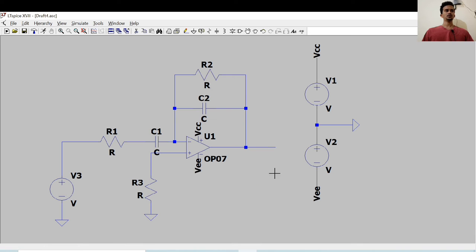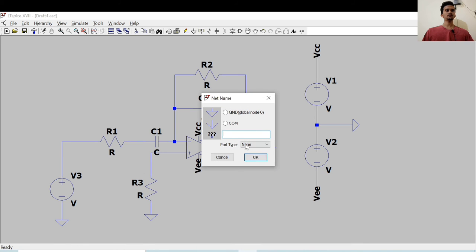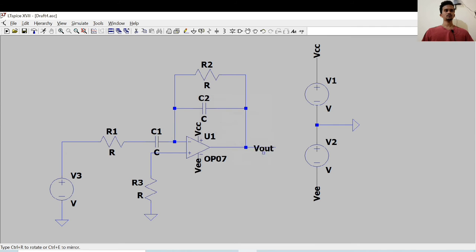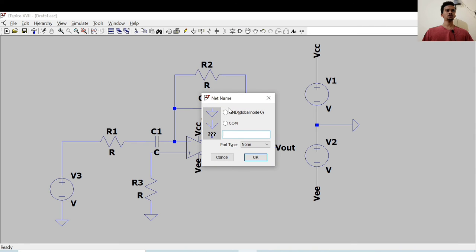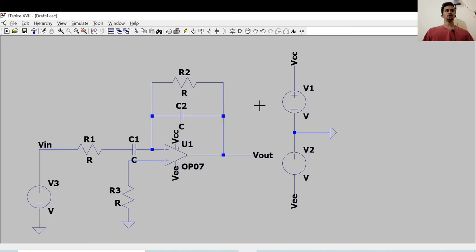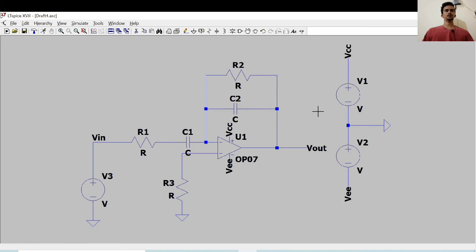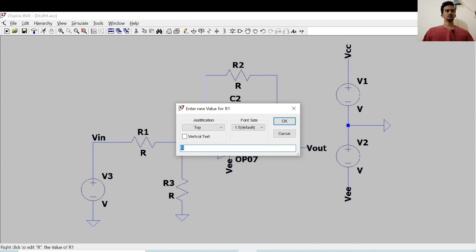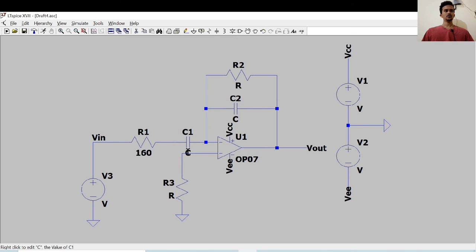Okay, so now we'll take our output. This is my output. Okay, and take an input. This will be my input. Okay, so now let's place the component values. So my R1 is 160 ohm, my C1 is